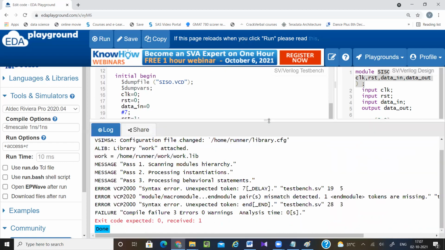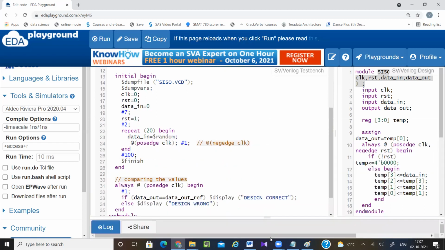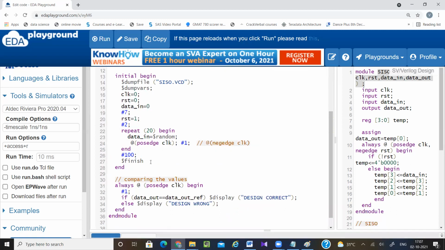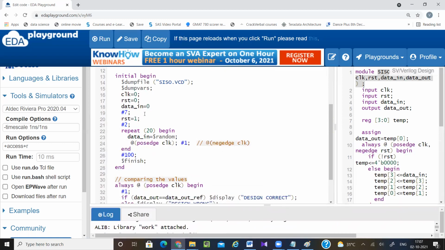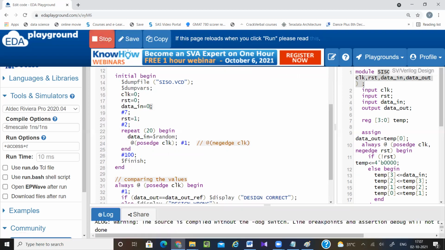After the end of each statement, put the semicolon.